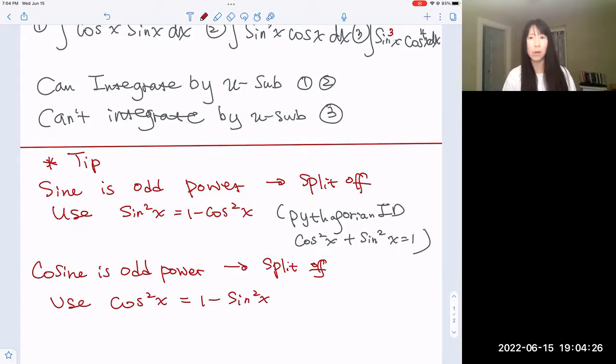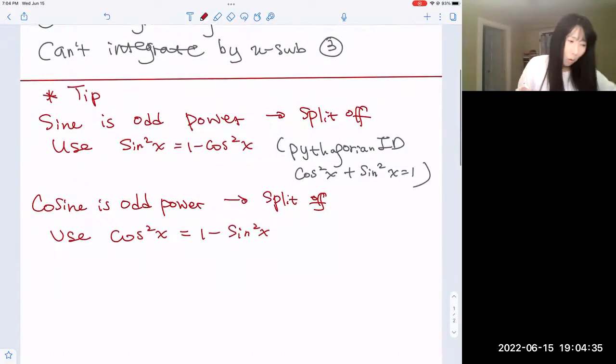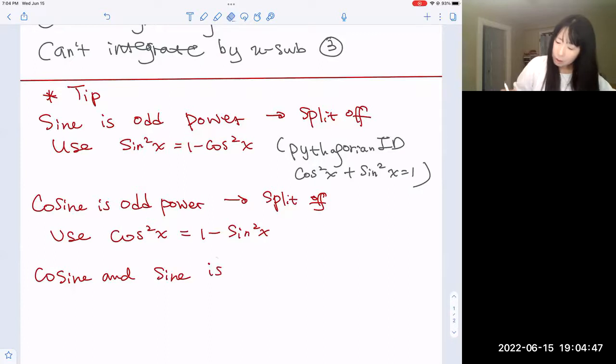Okay, cosine squared x plus sine squared x equal to 1. All right. One more. If cosine or sine is an even power,